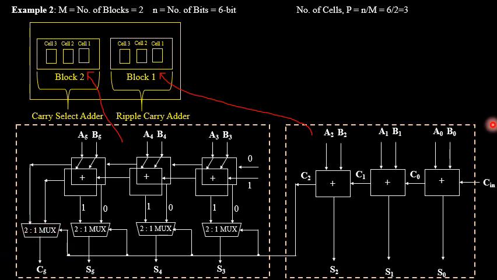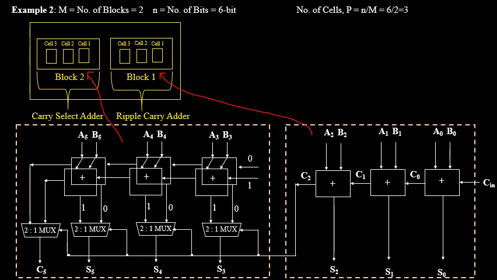which is going to yield the output as C5. Now the propagation delay is mainly depending upon the adder cell as well as the multiplexer. For an adder cell, it is P into K1. So total computation time: number of cells P is equal to 3 over here, so it is 3 into K1, plus the delay due to the multiplexer, which depends upon the number of blocks, M minus 1 into K2. M we have the value as 2 here, so 2 minus 1 is nothing but 1. So if you want, I can write it down and explain.